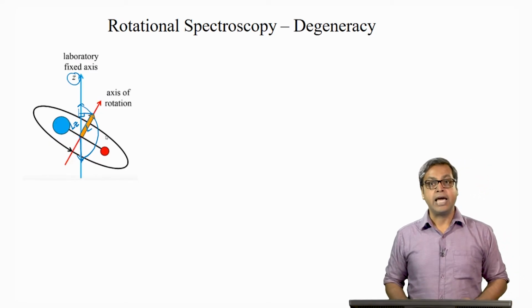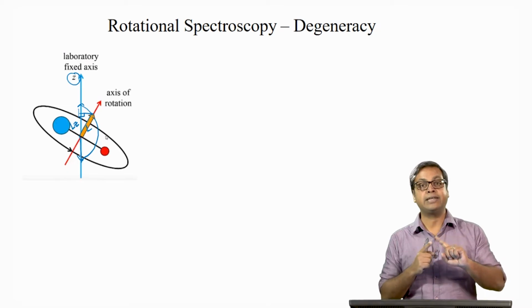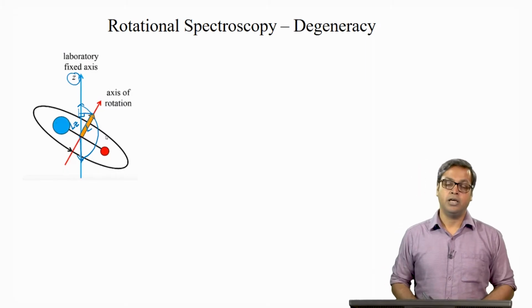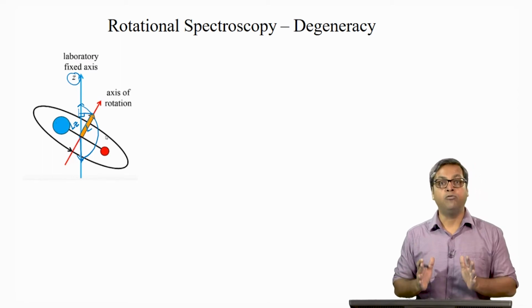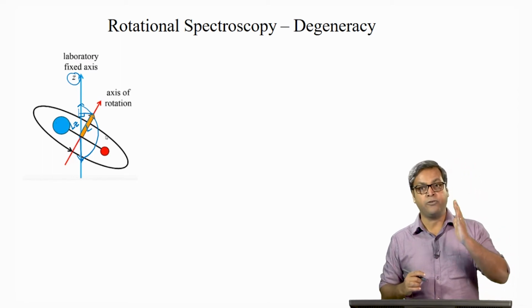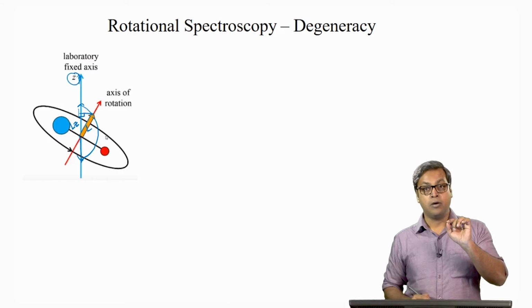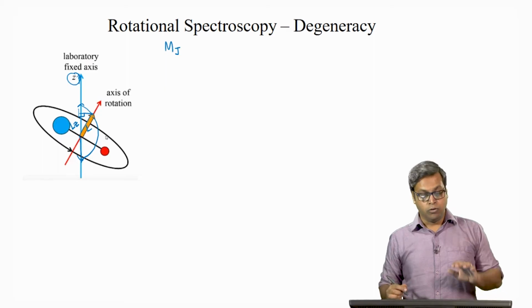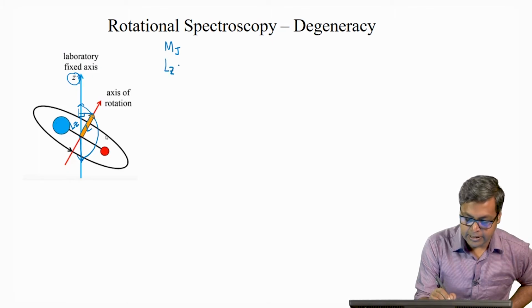In other words, the number of different directions which an angular momentum vector L may take up is limited. The orientation is also quantized. The component of angular momentum along a given reference direction, say along this z direction, is given by the quantum number m_j. So, we can see by the way we have projected that L_z equals L cos theta,